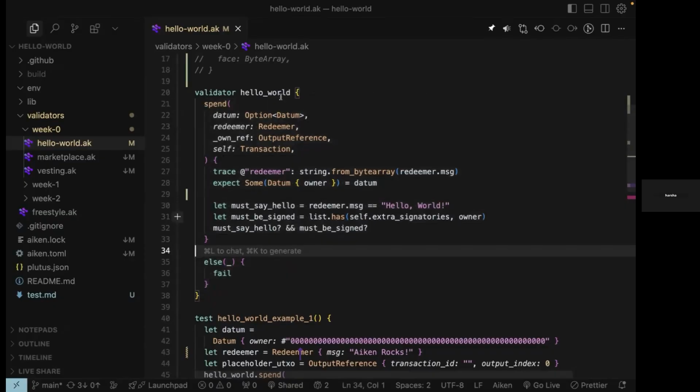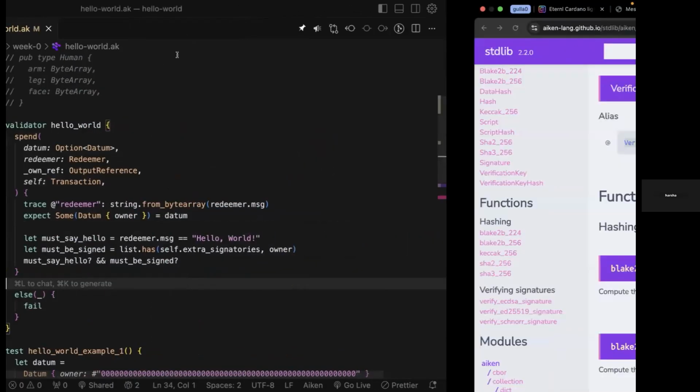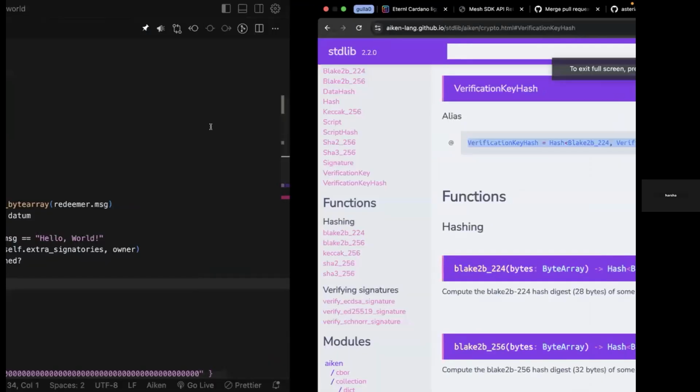So now in the validator, it says spend. Where did this spend come from? Okay, let's jump into it. This spend is called a script purpose. So that means